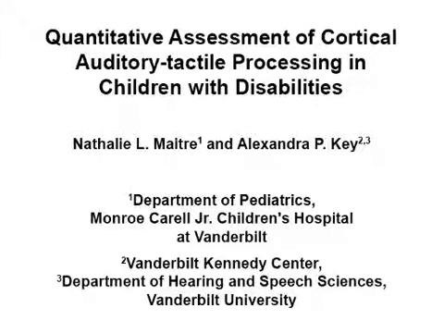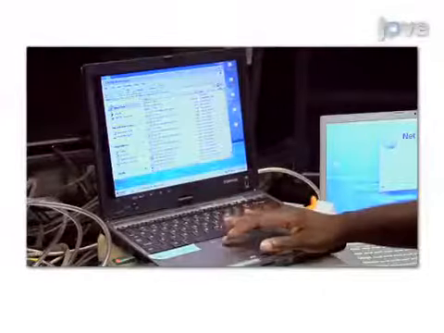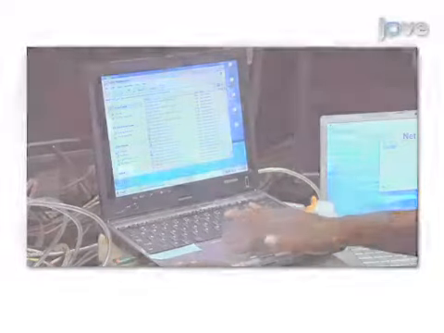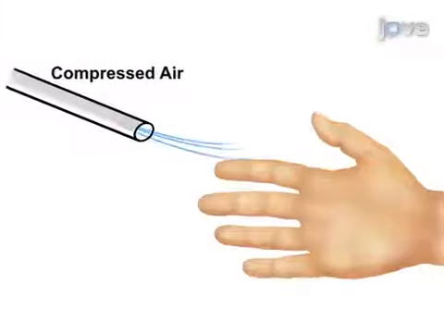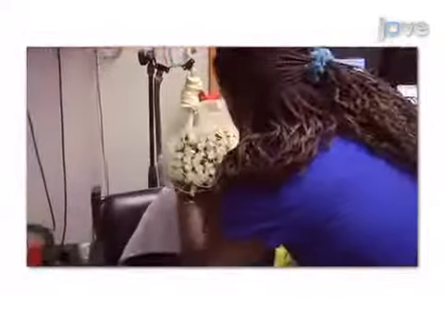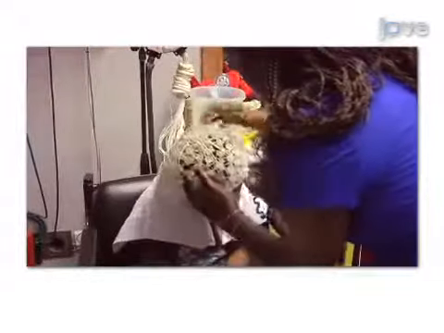The overall goal of this procedure is to measure somatosensory processing of light touch in young children. This is accomplished by first setting up event-related potential methodology and an aerotactile delivery system. The second step is to place an EEG net onto the child in order to measure neural activation in the